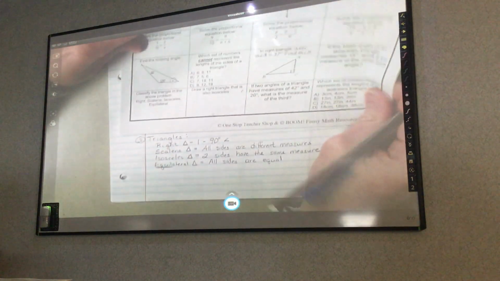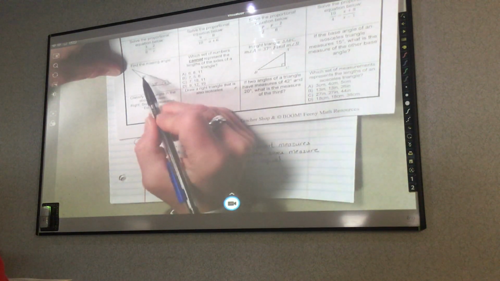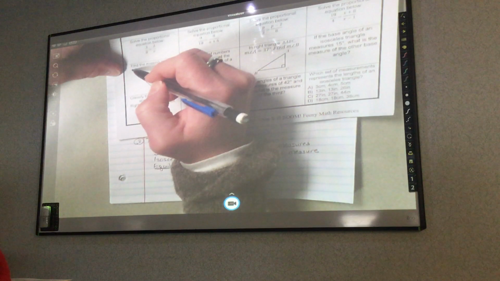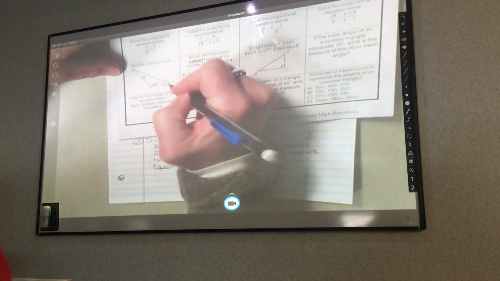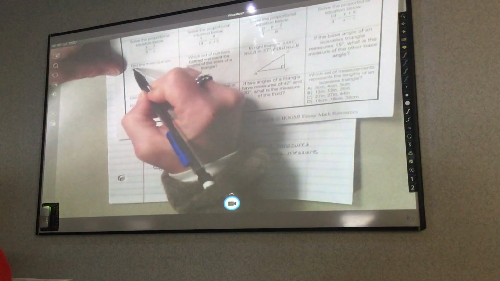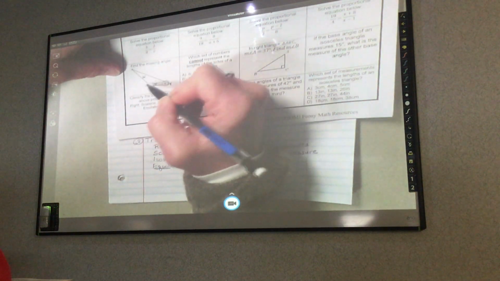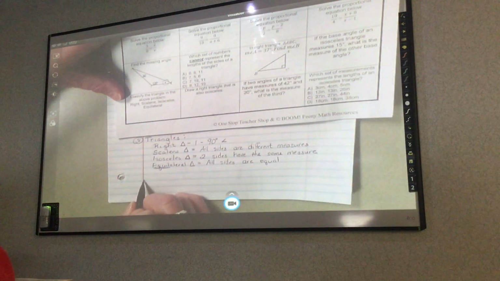So then if I go up to my triangle, it cannot be a right triangle because none of the measures are 90 degrees. If I just look at it and I see this side compared to this side, they're different. And then this side to this side, do any of them measure the same? No. So number 8, the answer is